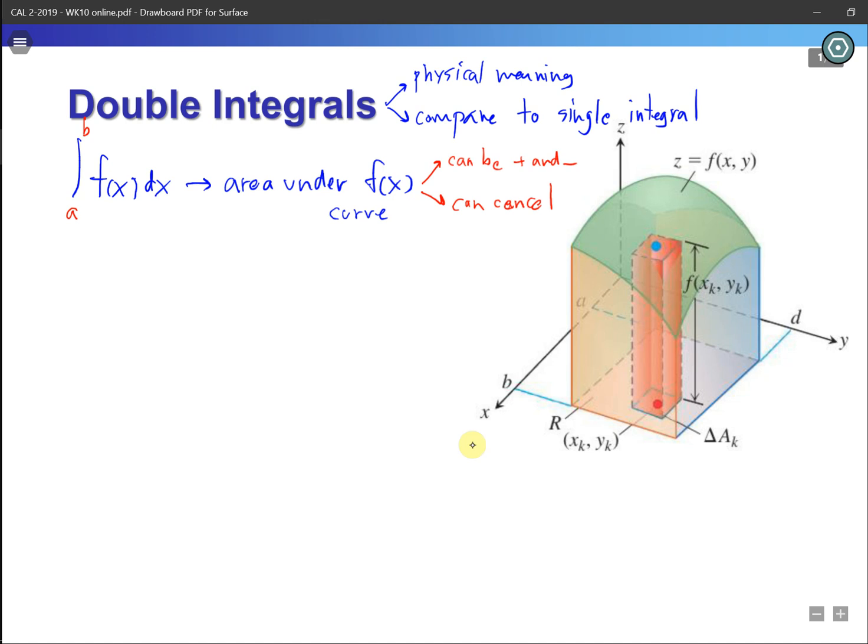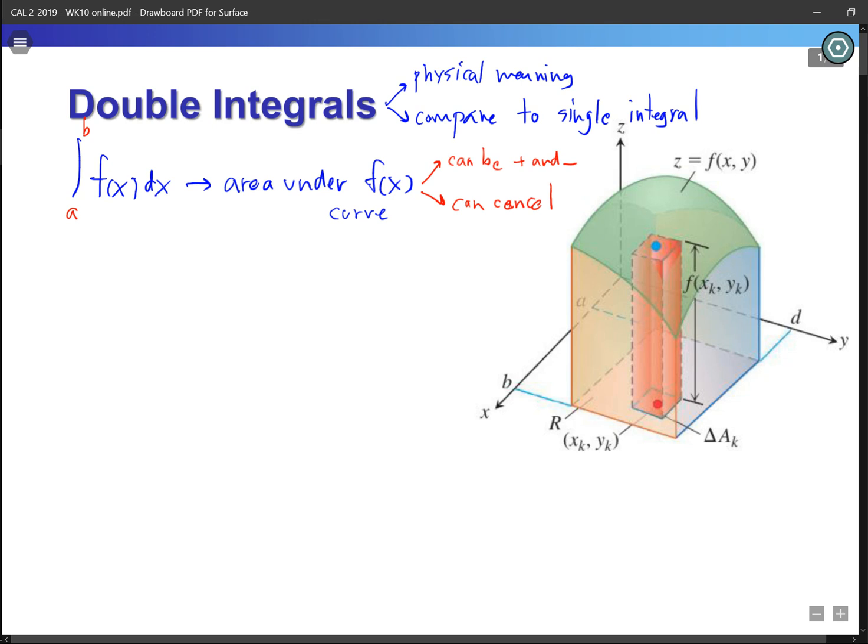But then we move to the double integration, which we perform on two variables, a function f(x,y), and we perform this double integral. In this case, I'm going to perform integration with respect to x first, and then we can't just stop here. We have two variables, so do that again with respect to y. Last time we established that this is the volume